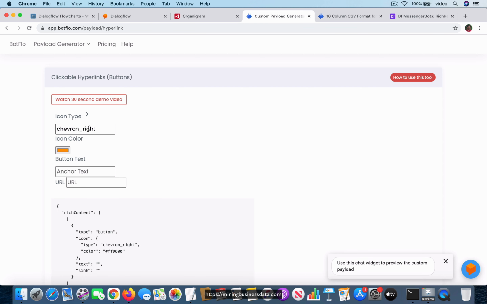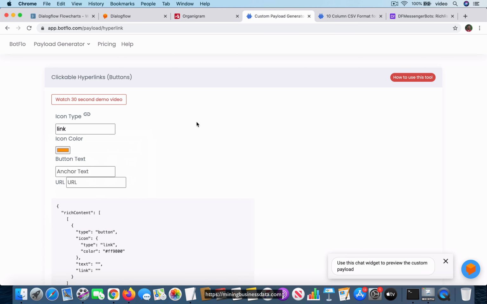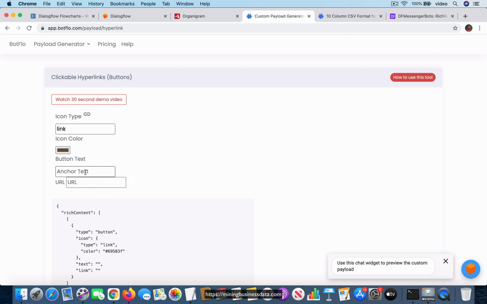I'm going to change the icon type to this icon, and let's change the color to some color. The anchor text is what is displayed on the link, so let's say go to Google, and the URL could be the actual URL,